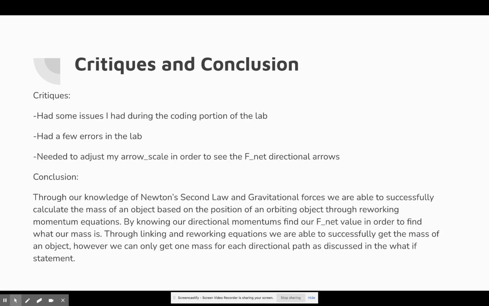So for the conclusion, through our knowledge of Newton's second law and gravitational forces, we were able to successfully calculate the mass of the object, again, based on that position of the orbiting star, through reworking our momentum and our Newton's second law equations and our gravitational forces equations. So by knowing our directional momentums, we can find our F net value in order to find what our mass is. And through linking and reworking equations, we're able to successfully get this mass. However, as we did discuss in the what if statement, we can only get one mass for each directional path that we are given due to using position to